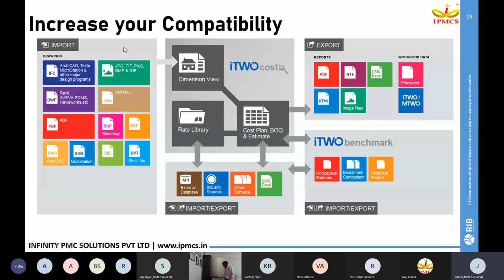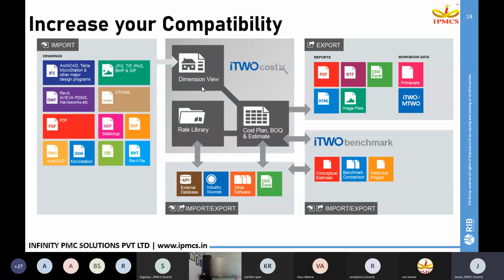COSTEX can increase your compatibility. In the case of 2D drawings, COSTEX supports PDF files, AutoCAD, and image files like JPG, PNG, GIF. And for BIM models, COSTEX supports IFC models and DWF file types, which are models from Revit, ArchiCAD, Tekla, MicroStation, Navisworks, SketchUp, etc. So you don't have to use the native design tool. With a single solution, COSTEX, you can use multiple designs for a single project. For a single project, you can use AutoCAD drawings and even Revit files inside COSTEX.